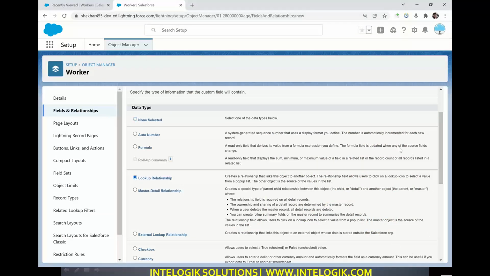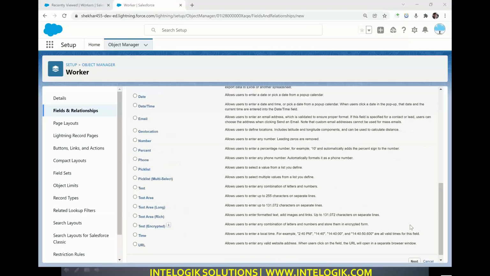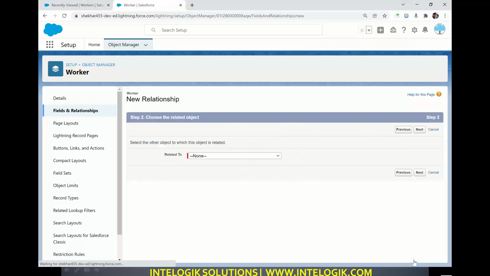Click on lookup relationship, and after that click on the next button. Now guys, here I need to select which object to connect to. So I will select the object called worker, obviously. Worker, what else? Worker only. Next.